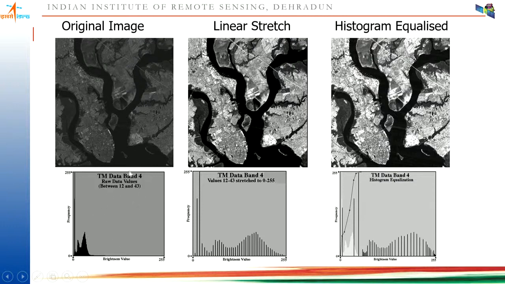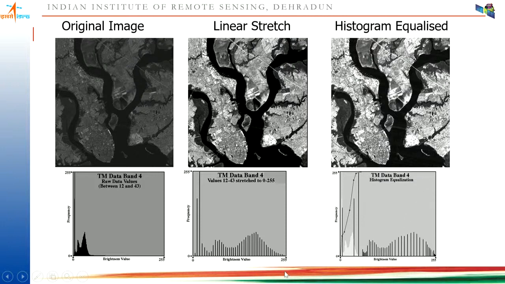For some area, it is band 4, having a small range of values between 12 to 43. So you can see the values are nearly similarly reflecting. Now linear stretch will simply pull the values apart. It will not change the shape of the histogram. It is only putting a separation, and you can see that the objects, even in the water bodies, the sediments and all, these objects have become interpretable, and this contrast has improved.